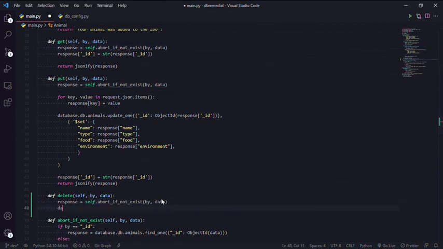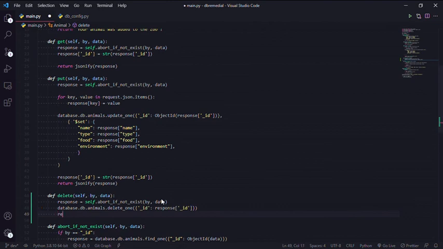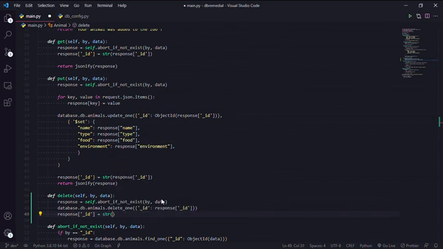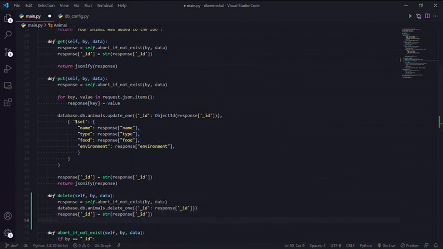And database.db.animals delete one. And it's going to get the ID, response, ID. Yep, and response, ID, the string, response and ID, and it's going to return